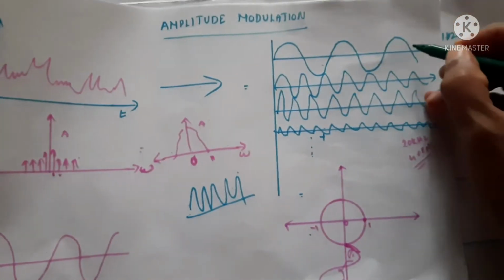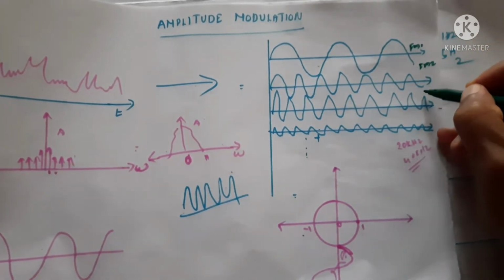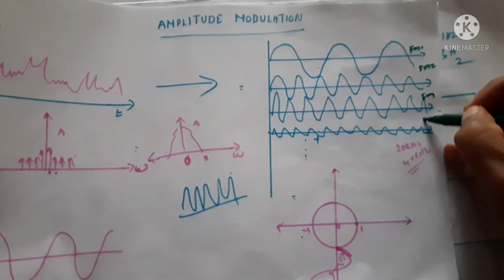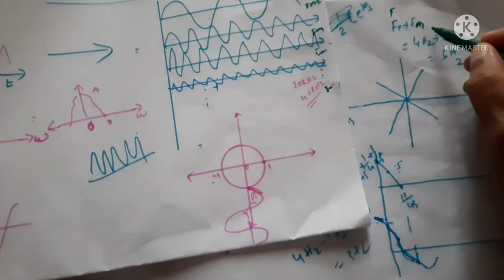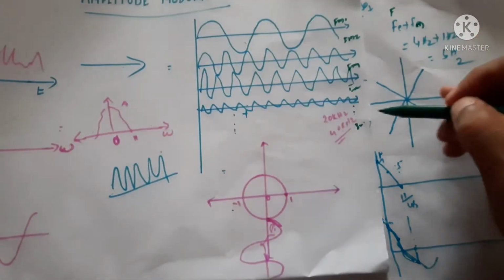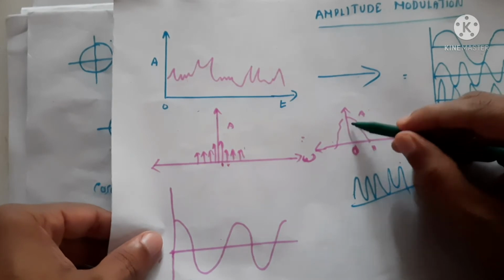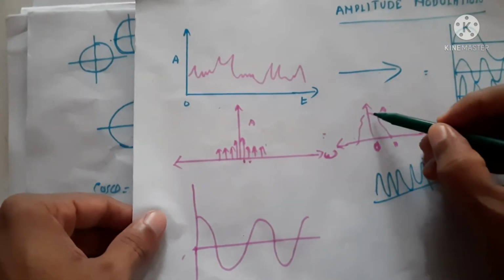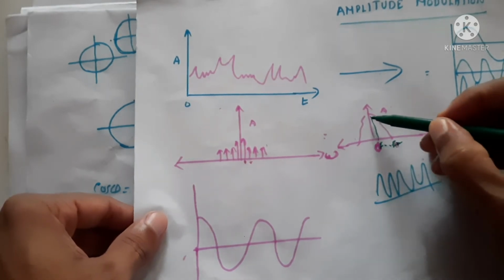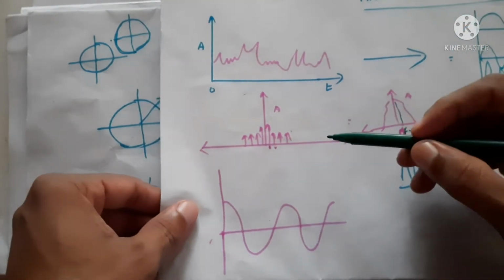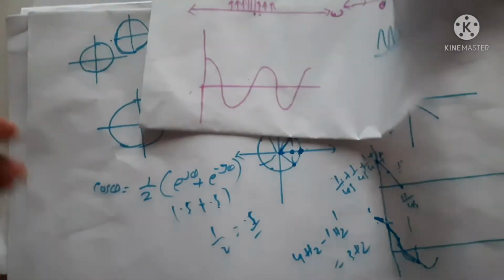Like this, if we take this as FM1, this is FM2, FM3, FM4, etc., FMN. So each of the frequencies is translated due to this modulation. This is the baseband and it contains FM1, FM2, FM3, etc., FMN, and each of these frequencies is going to get translated when modulated with the carrier frequency.